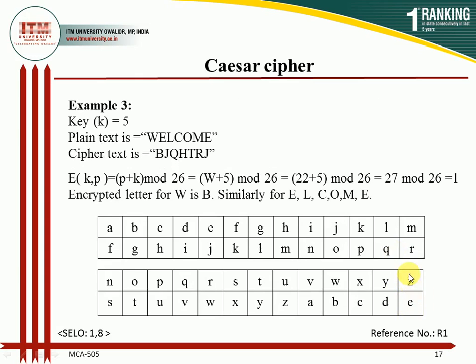So that's why we require the mod, which will convert this number to between 0 and 25, because mod 26 always gives you a number between 0 and 25, so that we can convert this number to an alphabet. So now for this w, we will convert it into a 1, which is called B. So either you can use this method or use this method.